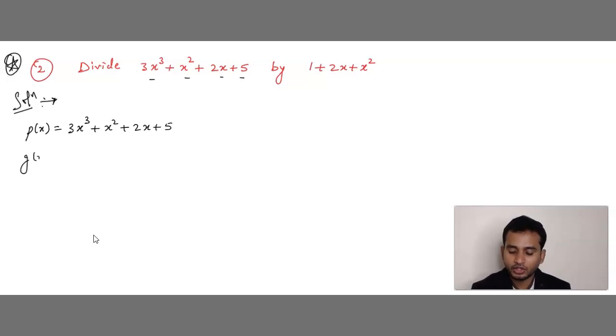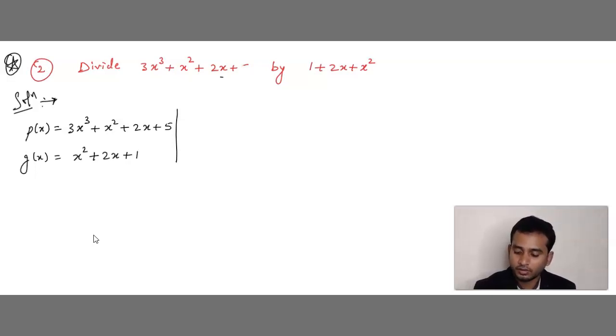Now come back to G of x. Check whether it is in standard form. First what we should get, second degree. But is second degree here? No, constant is there. So first we have to write the second degree term. What is second degree? That is x square. Then what is first degree? That is plus 2x. Then what is constant? That is plus 1. Now this is in the standard form. Understood how to solve this? Very good. I hope you all have understood this problem.